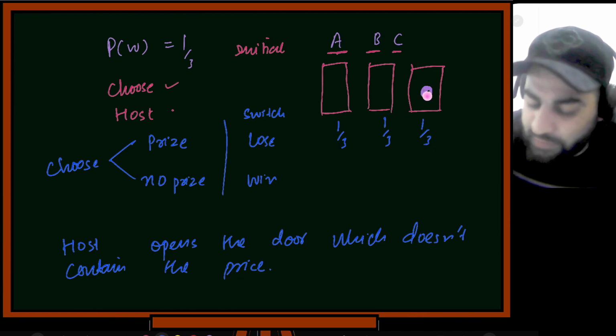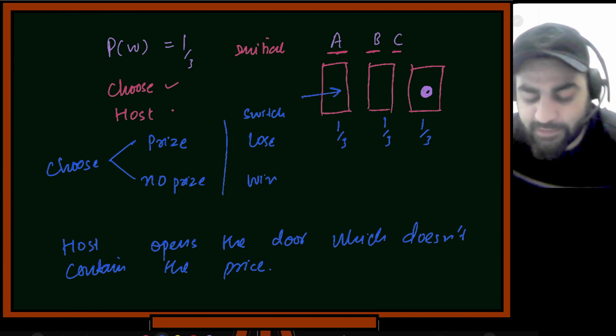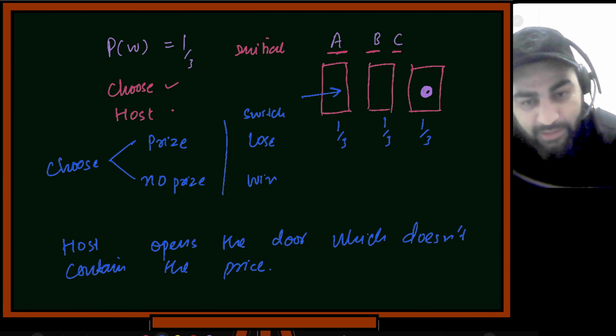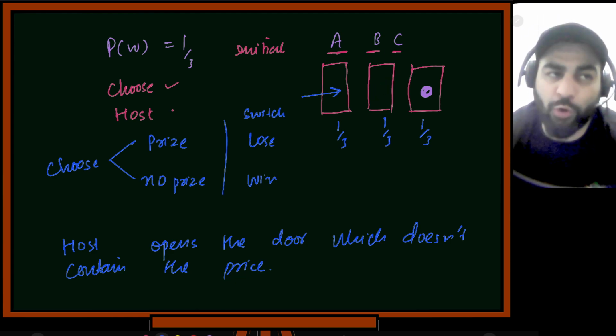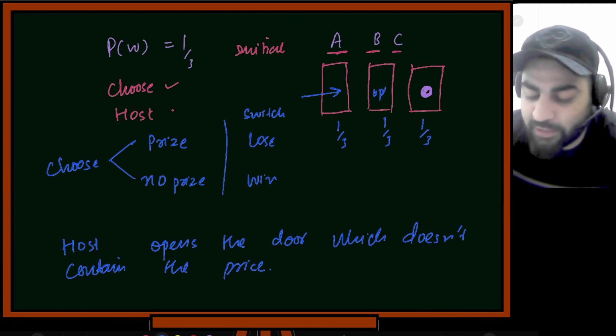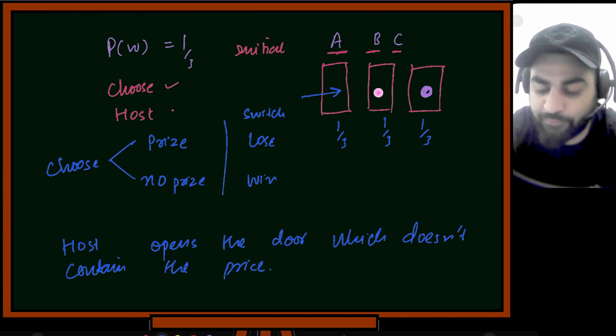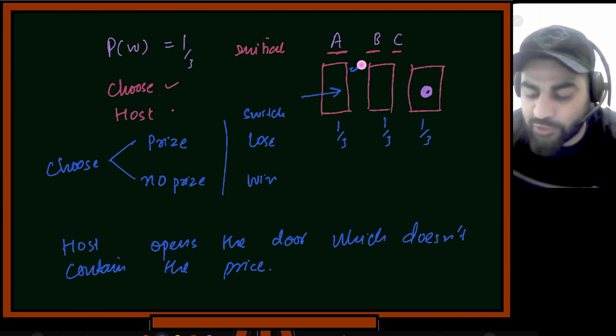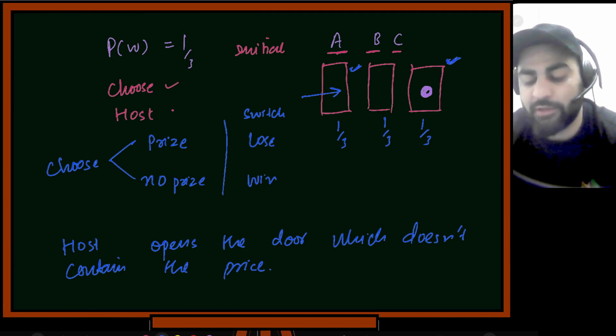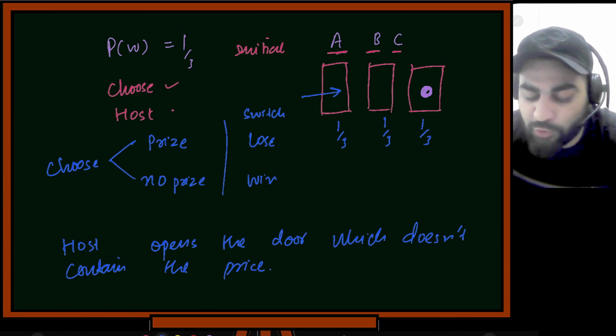So let's suppose in the first case you chose a door in which there was no prize. So you chose this door, let's say. Now the host is forced to open this door because he cannot open the prize door. So he'll open this door. Now you are left with your choice door and the actual prize door. So in this choice where you chose the door in which there was no prize, it's better to switch there